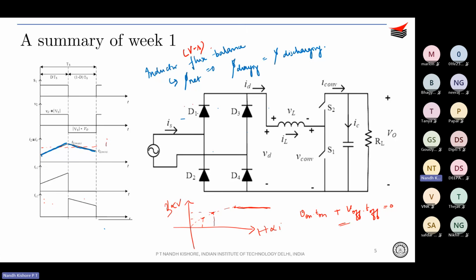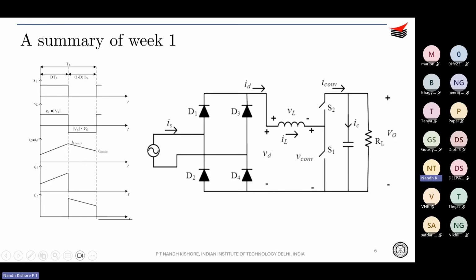Phi on plus phi off should be 0. Net flux is 0. So we always take care that in any DC-DC converter, this is satisfied. This is called the inductor volt second balance, or inductor flux balance principle. So again, we apply this. I presume you would have already studied this, and again, what you finally get as an expression is that